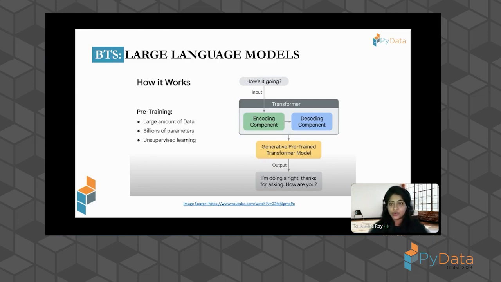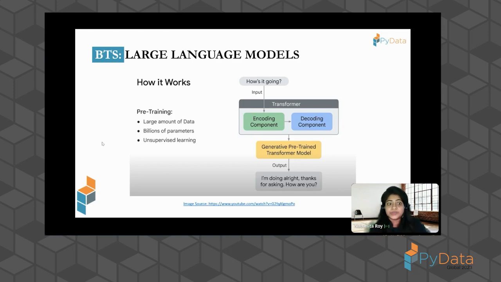The encoding component encodes incoming text in a certain format, and the decoding component is tasked to understand patterns and decode that encoded component and learn from the patterns while decoding it, especially by predicting blank text within the incoming texts. That's how large language models work at a very high level. And it accomplishes all of this by learning from a very large amount of data.